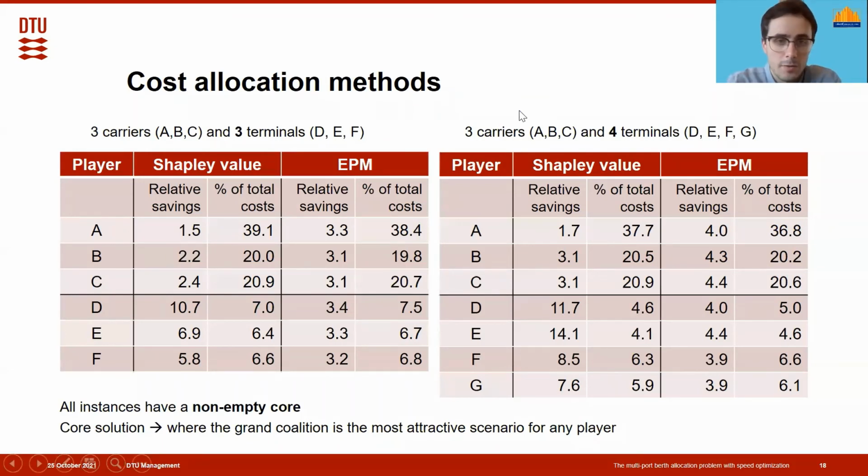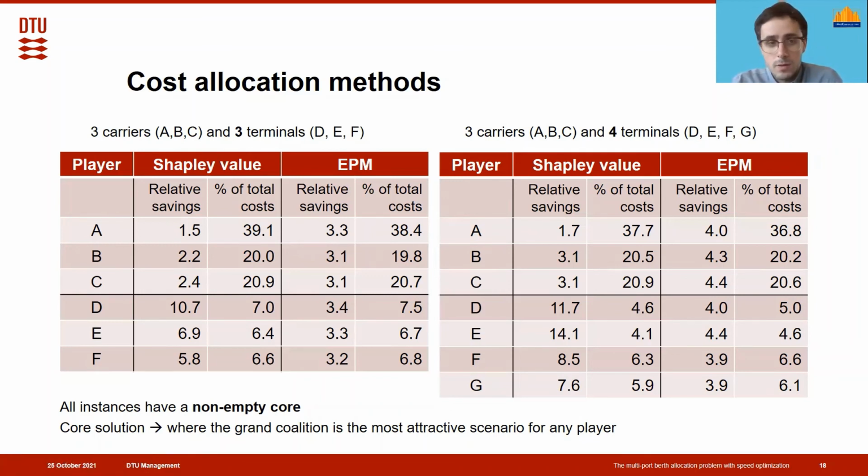So an overview of the solution of the cooperative game. We divide them into 2 different tables, one for the instances with 3 terminals and the other one with 4 terminals. So it's just an additional player in the table on the right. But the insights are pretty similar between both of them. We should notice that all instances have a non-empty core, meaning that we are able to find core solutions for all the instances. A core solution can be seen as one where the solution for the grand coalition, where everyone collaborates, is the most attractive scenario for any player, which is good. And in terms of the results, we can see that all of the players, of course, are able to find savings